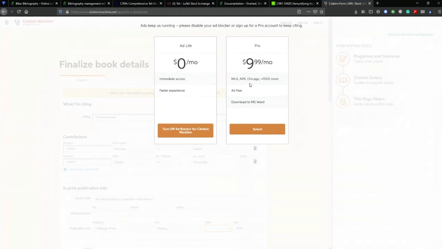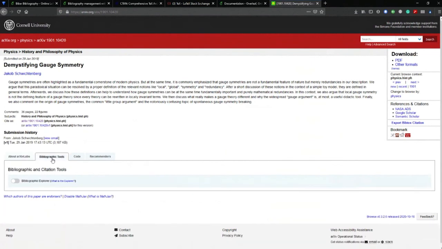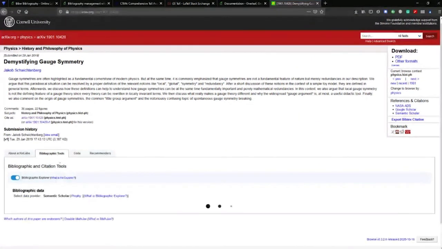But just pick the one that works, because it will translate between all of these different types of citation. During the Pro thing, you can just watch an ad for a minute or two. Like you just go have a sip of water and come back, and you'll have access for 48 hours before another ad pops. But that's an interesting tool, and the archive themselves are implementing something called Bibliographic Data,